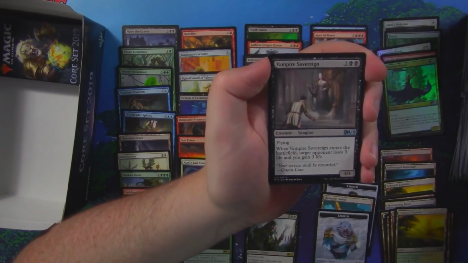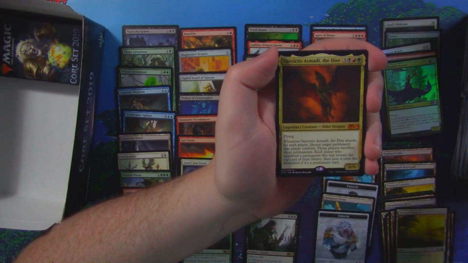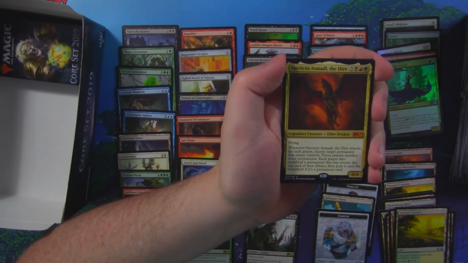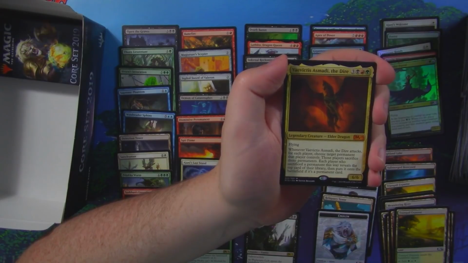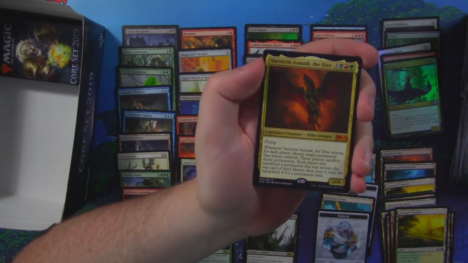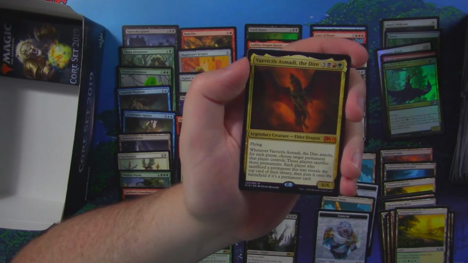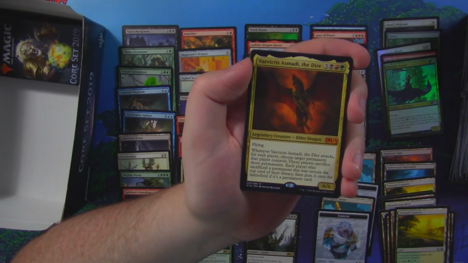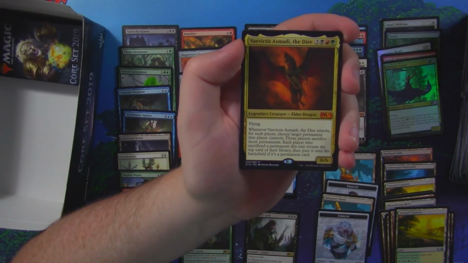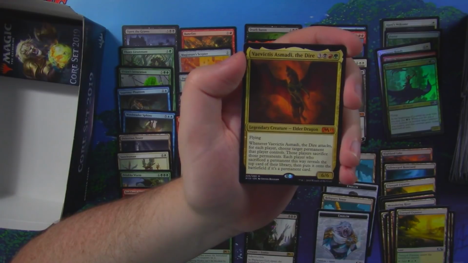Ravenous Harpy. Vampire Sovereign. Colossal Majesty. And, alright, Mythic number 5. So they were all holding out until the very end. This is one of our legendary Elder Dragons. It's not one of the better Elder Dragons, but it is still up there, so can't complain about another Mythic, that's for sure. And he's a 6/6 for 3 black, red, green,